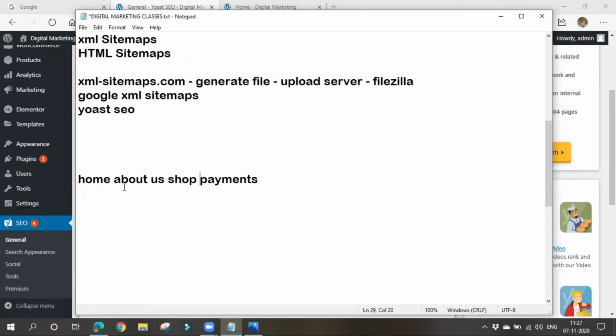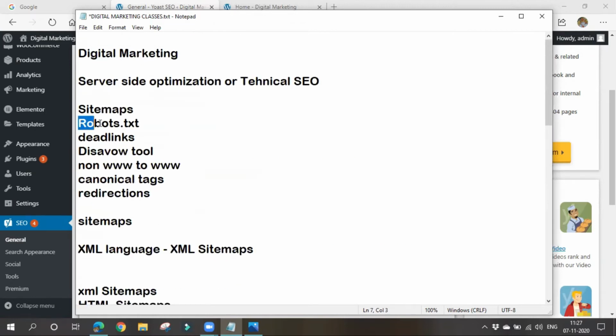So by using robots.txt, it is also a text file. Here we'll tell the crawler what things to be crawled and what things not to be crawled, what should be displayed to the user and what should not be displayed to the user. Okay, so now how should we do this?